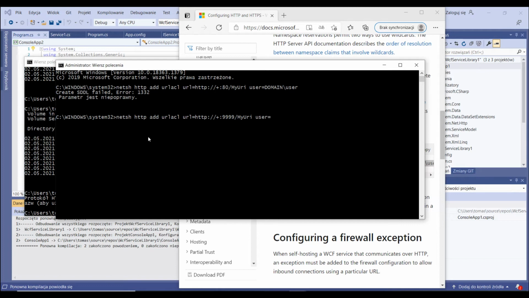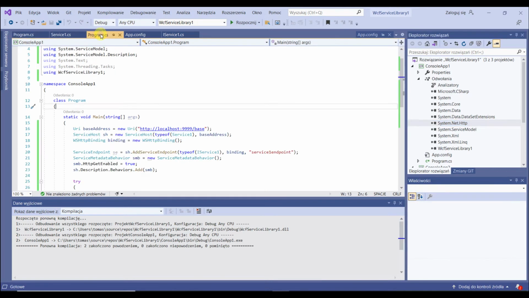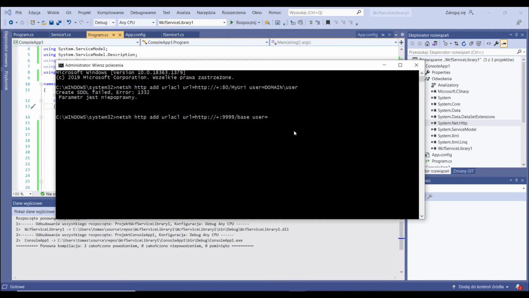There is no domain user and the address is incorrect, so I'm using 9999 and the URI I'm using is, I guess, base. Let's verify that with program 9999 base. Good. So this is what I'm using, and user is